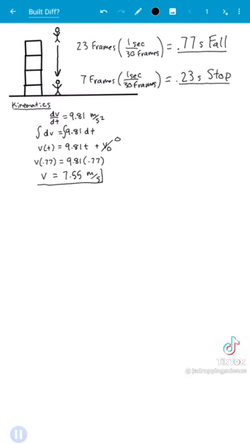So that's the final velocity right before impact, and since we're now moving on to the impact section, we're going to use kinetics to calculate the force on the body. Now is a good time to take note that it takes about 4,000 newtons to break the average person's femur, which is the strongest bone. That will be what we're comparing to.